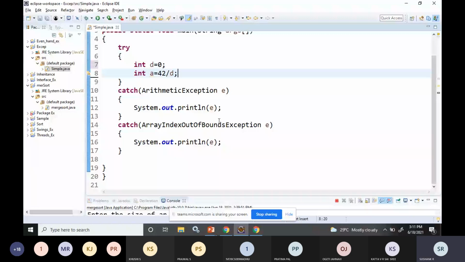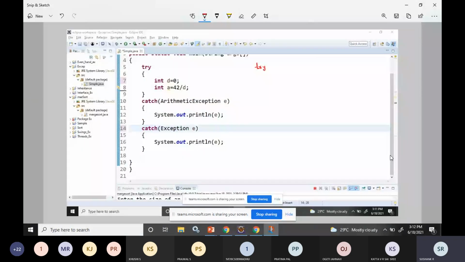In this situation, see how you should write the code. When we have one try block and multiple catch blocks, the order of catch blocks should be from subclasses to superclasses. It should be from subclass to superclass. See here, this is my try block. After this, I'm having catch blocks. Here, the first catch should be the one related to subclasses.